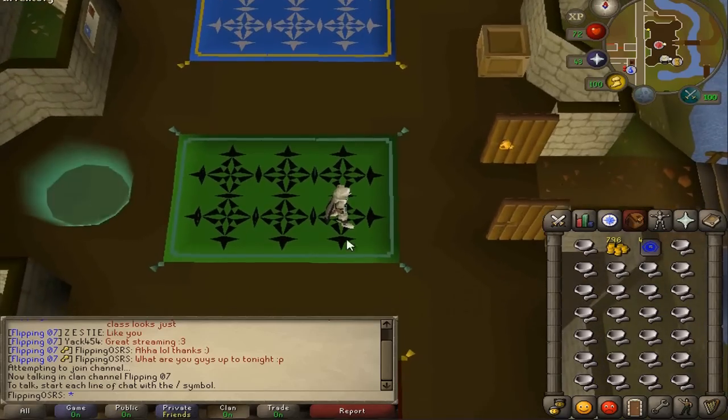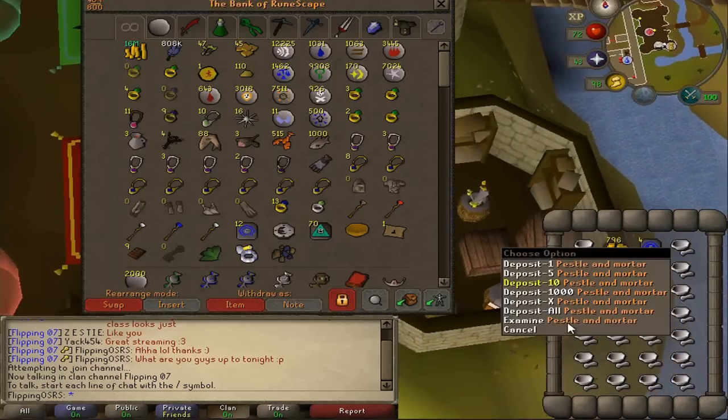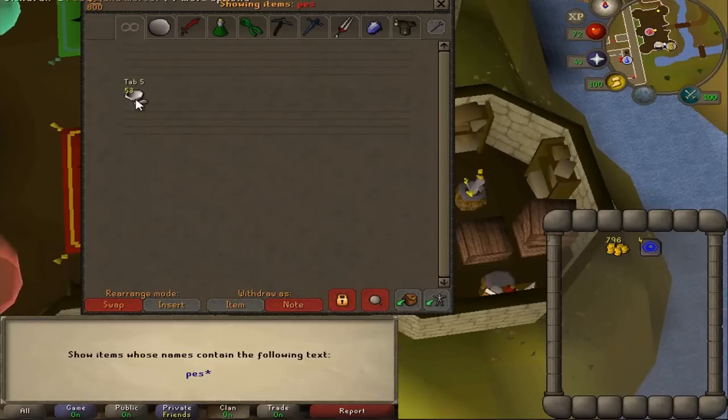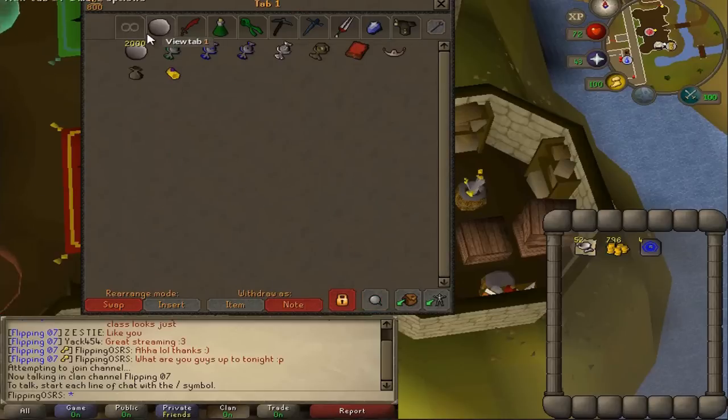Oh, this probably took like 5 minutes or something. Maybe a little bit more. And we'll see how many pestles and mortars we managed to get. 52, I would say, because I already had one. And if we go back to the Grand Exchange,